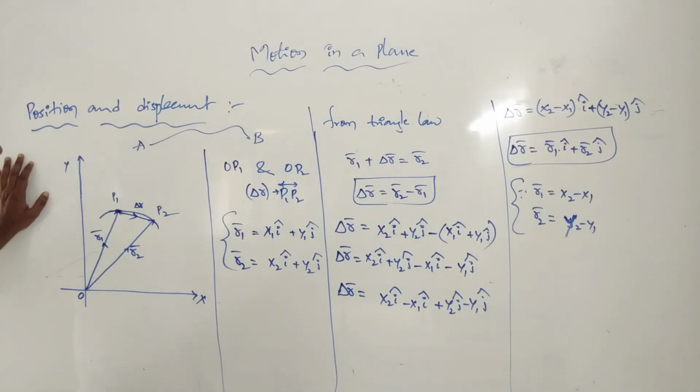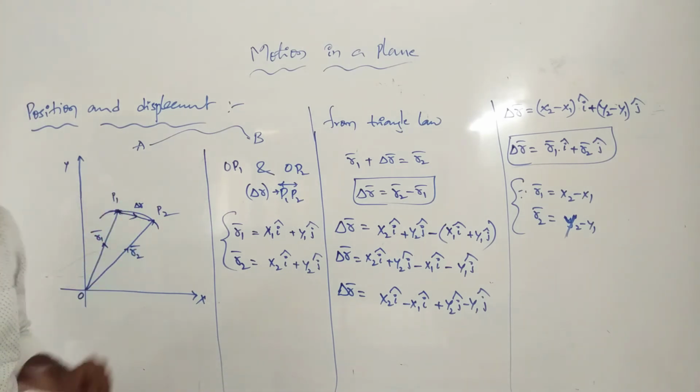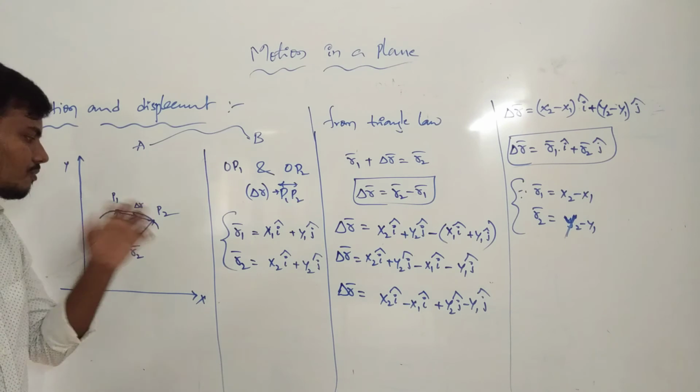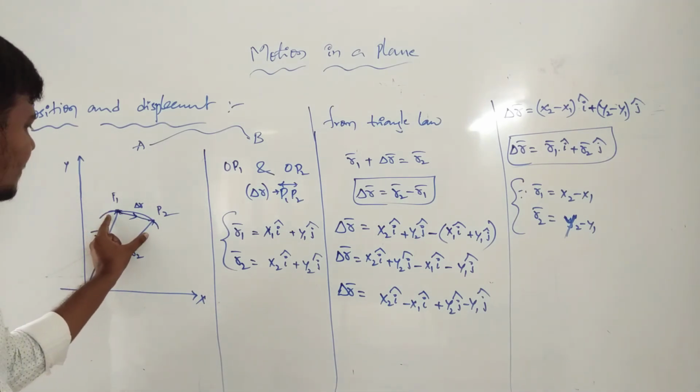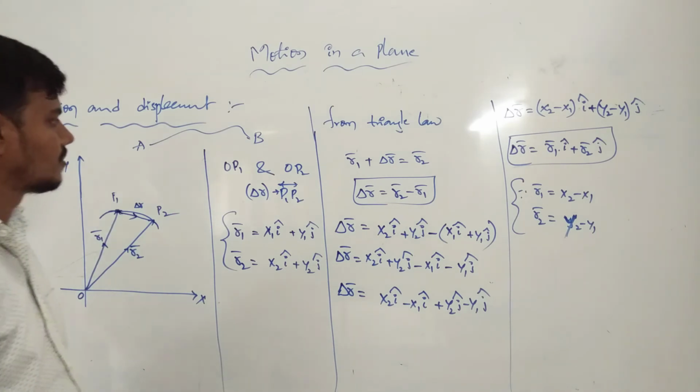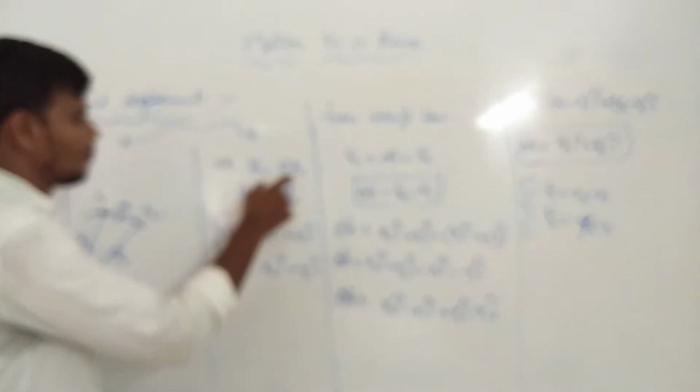Always we are introducing this. Since we are taking any two positions, the first position is P1, the second position is P2. First, OP1 is equal to R1 bar, OP2 is equal to R2 bar. Here we are introducing P1 and P2, and delta. Clearly you know the expression. Now OP1 and OP2 are the positions we are introducing, where delta R is equal to P1P2 bar.